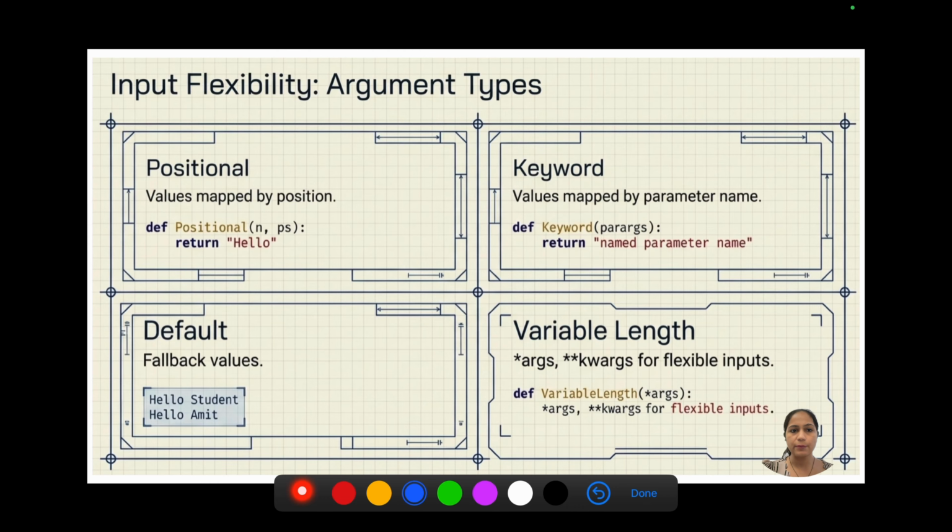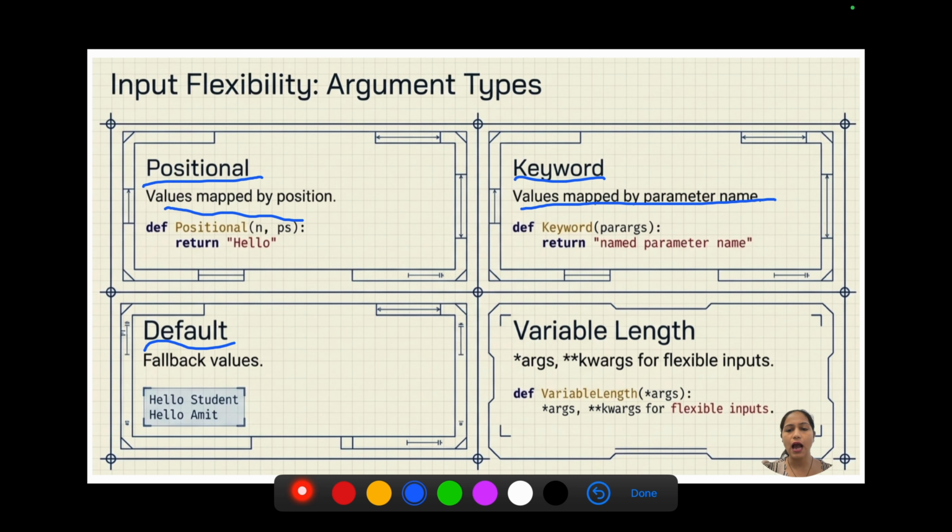So if we summarize, there are positional arguments which are mapped by position. There are keyword arguments which are mapped by parameter name. There are default arguments which have values that will be used in the default case when we don't have input from the user.